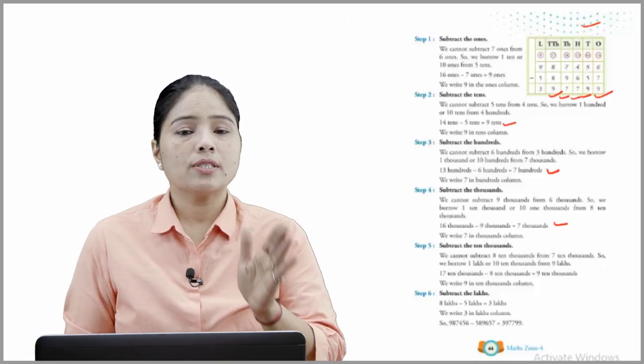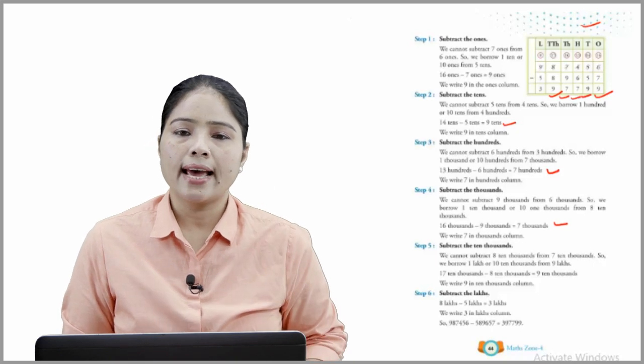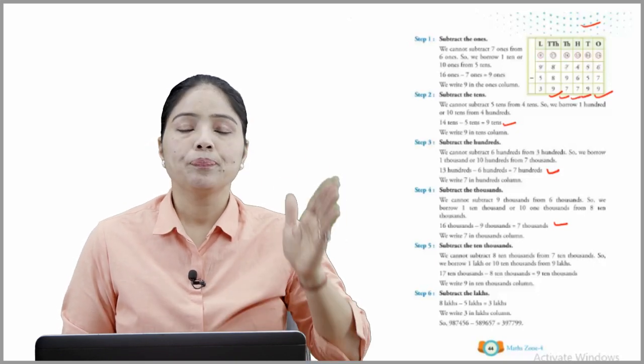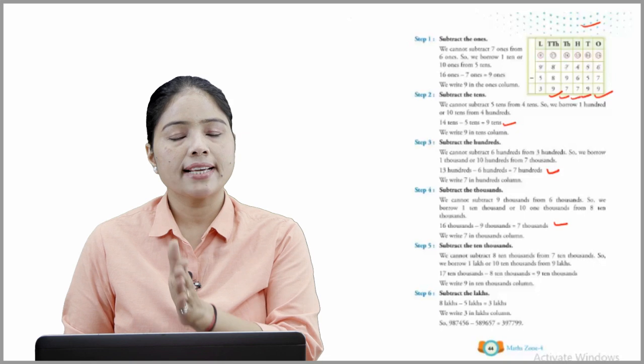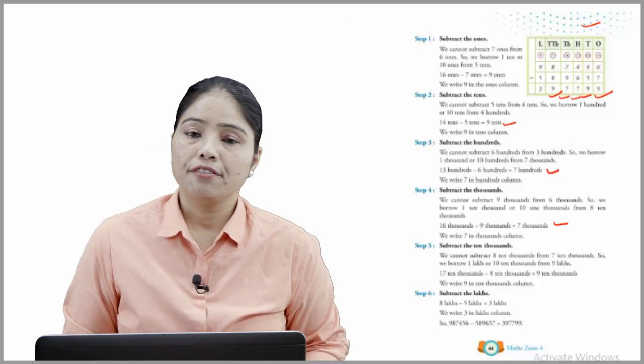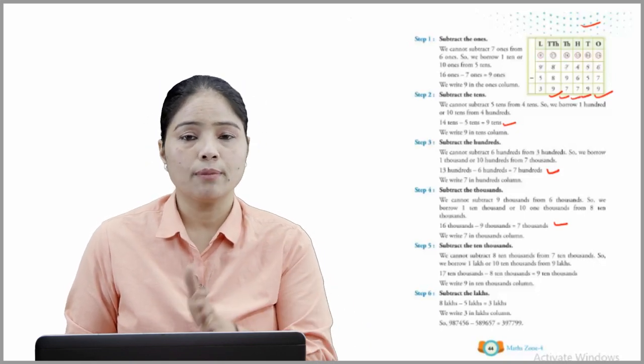Okay. Now step number 6, subtract the lakhs. फिर lakhs को subtract करेंगे. 8 lakhs minus 5 lakhs is equal to 3 lakhs. We write 3 in the lakhs column. So